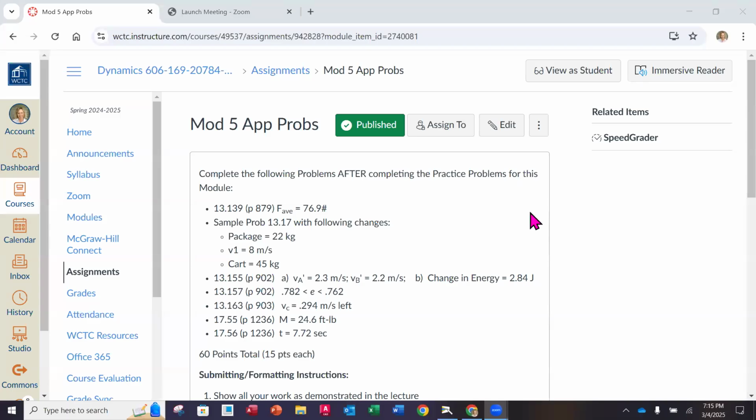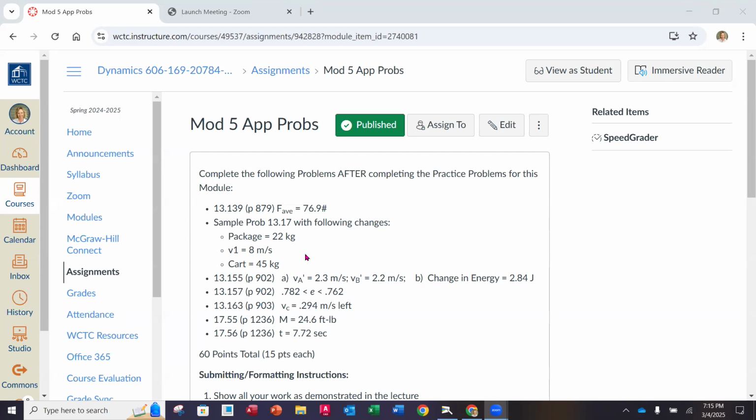Okay, so let's look at the application problems for Module 5. As you know, we're going to have some out of Chapter 13, and that's actually the bulk of them. I think there's 5 problems out of Chapter 13, and then we're going to have 2 out of Chapter 17. It's just kind of one little section there. So let's just take a peek at each one of the problems so that you have an idea of what